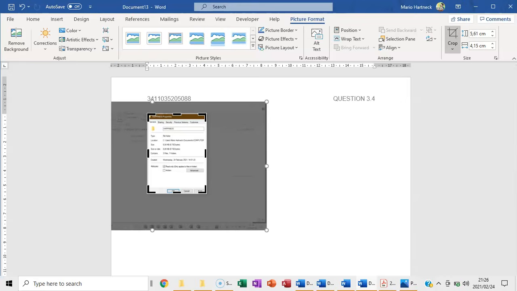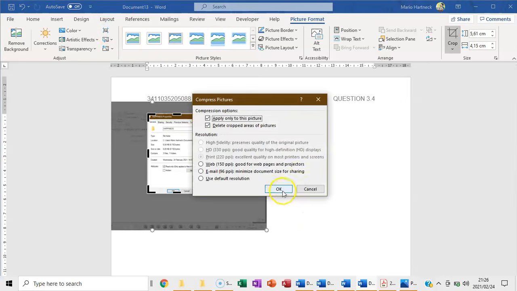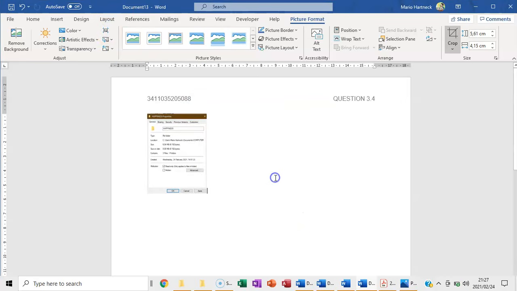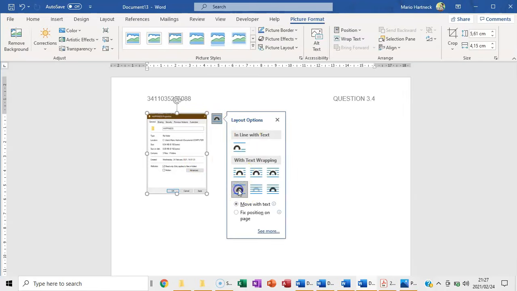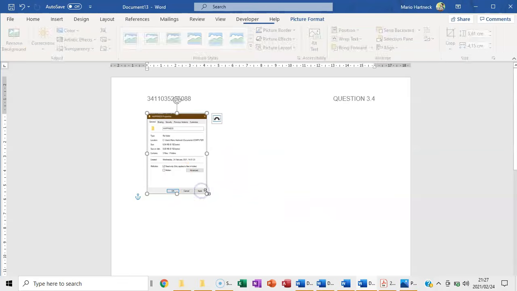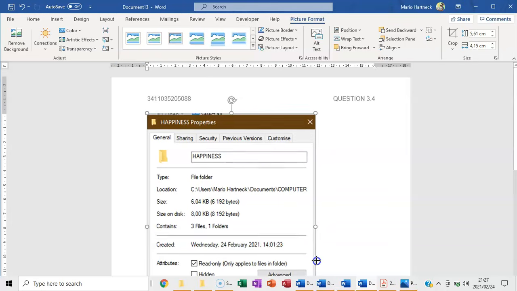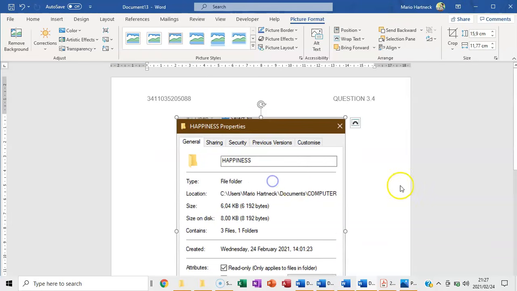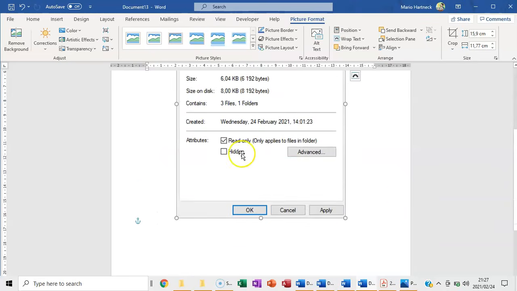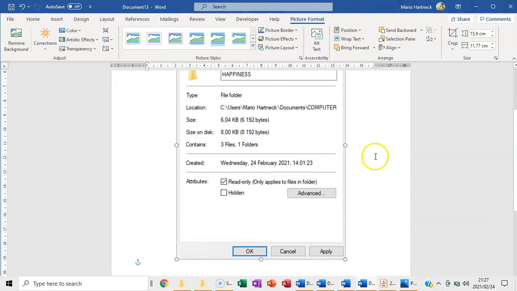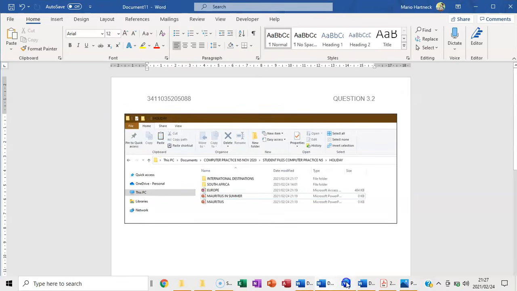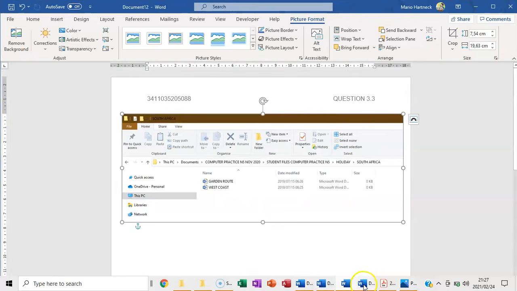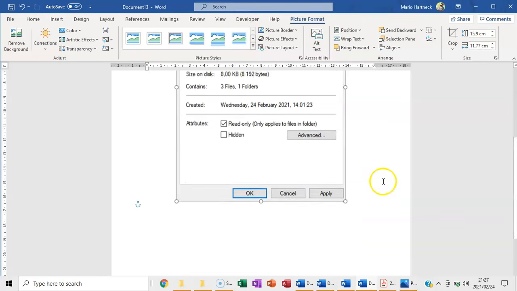There we go. I'm going to compress it. I'm going to deactivate the crop. I'm going to set my top and bottom, and I'm going to make this bigger and move it to the middle. Alright, so there's your mark, your read only. So there you have all your documents, 3.1, 3.2, 3.3, and last but not least 3.4,